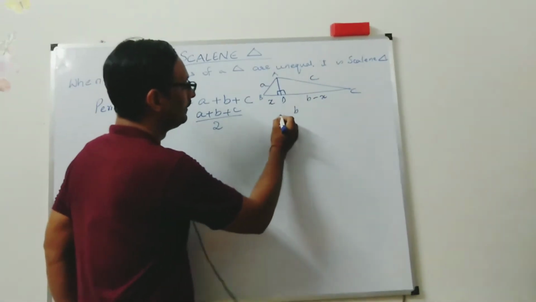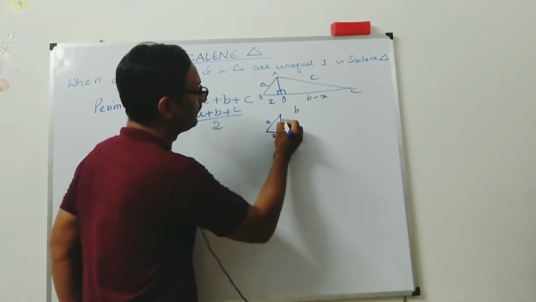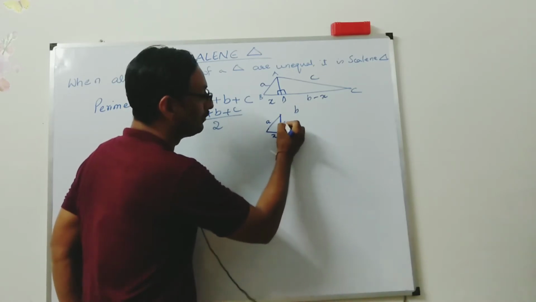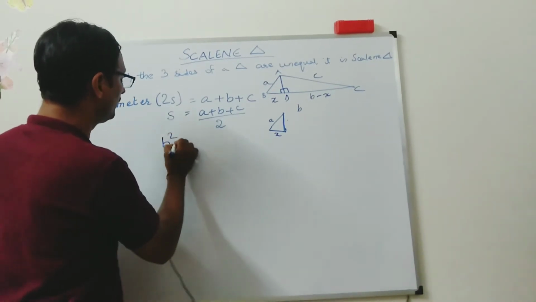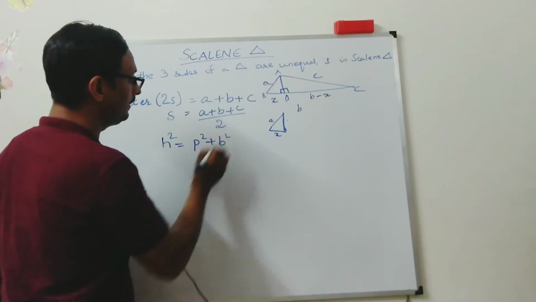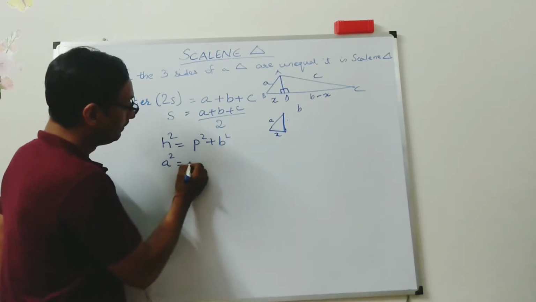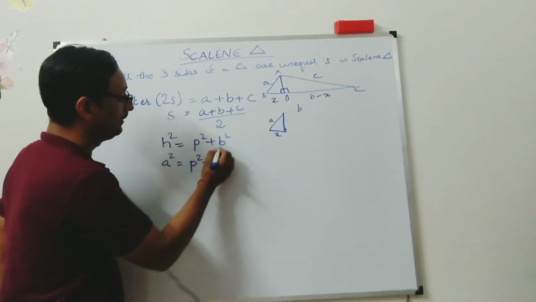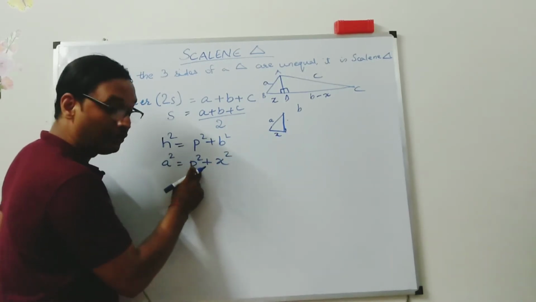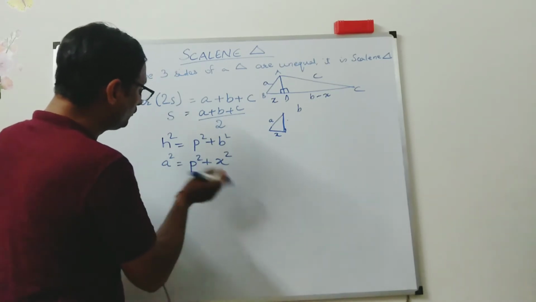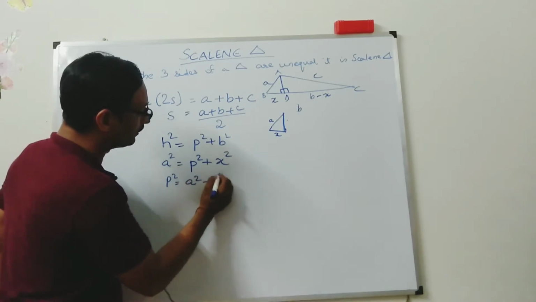So this triangle ABD looks like this. If this is A and this is X, this is perpendicular. To find out the height of this one, what do you need to do? You have to apply the Pythagoras theorem. H square is equal to P square plus B square. What is H? A square. What is P? P I don't know, I have to find out P square. And B is X, so X square. So I need to find out P. The rest of the things you transfer to the other side. If this X square goes to the other side, then it will be A square minus X square.